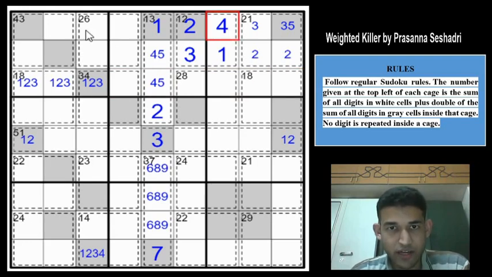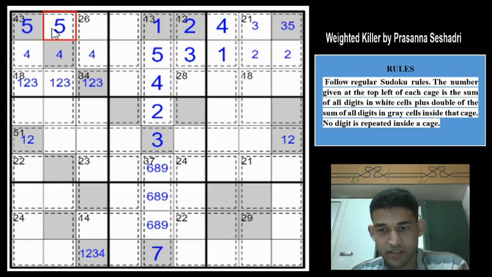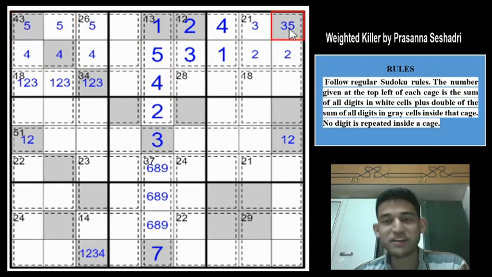So you have a 4 here, which means 4 cannot be here. So 4 would have to go in these cells in box 1, which gives a 5 here, right? So this will be a 5, this will be a 4. And this 5 means 5 can't be in these 3 cells. So 5 has to go here in these cells in box 1. And that eliminates the 5 from here.